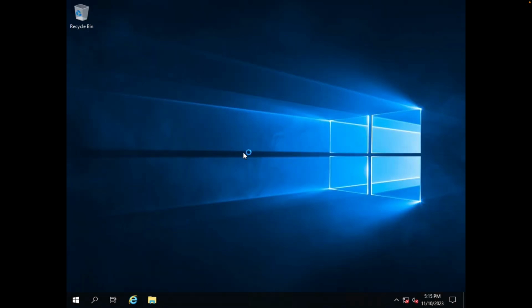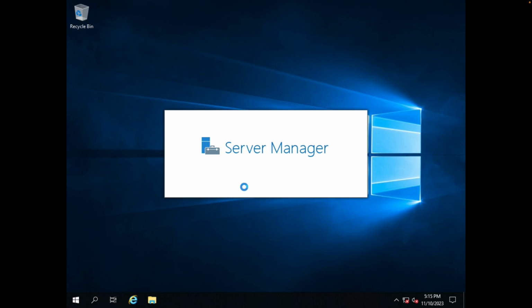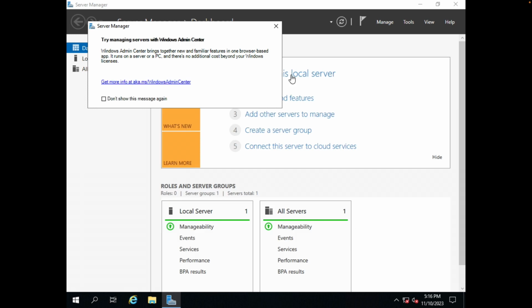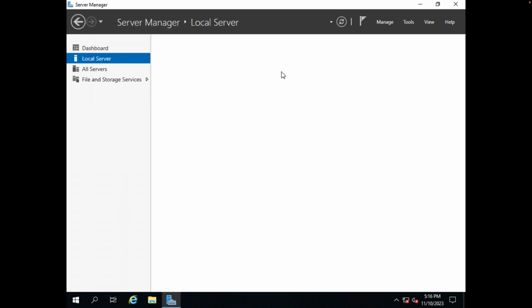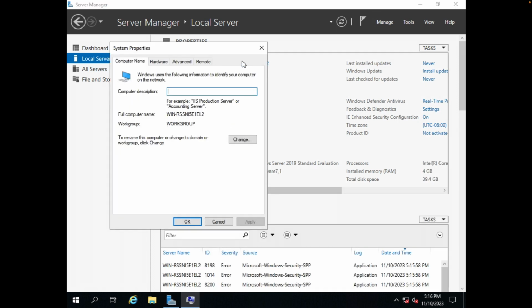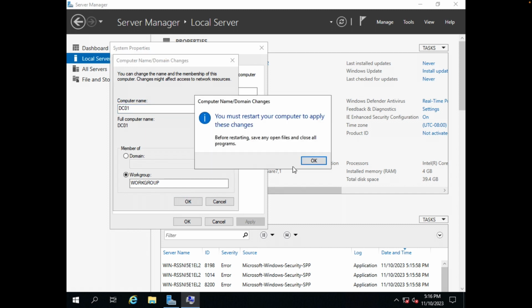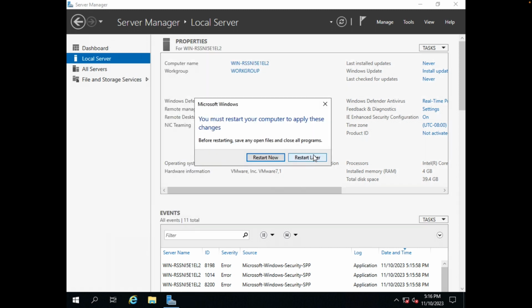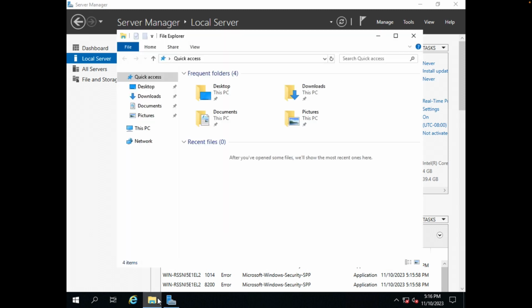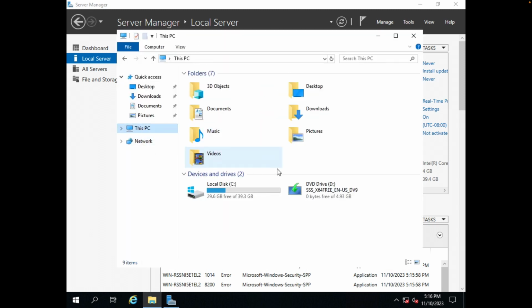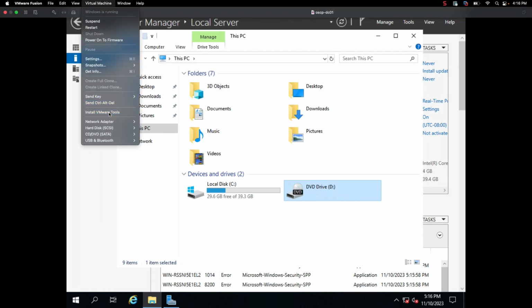And just like all of the other machines, the first things that we're going to do is actually go ahead and set the host name and install VMware tools. So we'll say configure this server, click on the computer name, hit change. We're going to call this DC01, hit OK, then OK, close, restart later. Hit Windows Explorer, this PC, my personal preference, I'll just eject that CD, and then I'll go up to my menu and say virtual machine, install VMware tools,